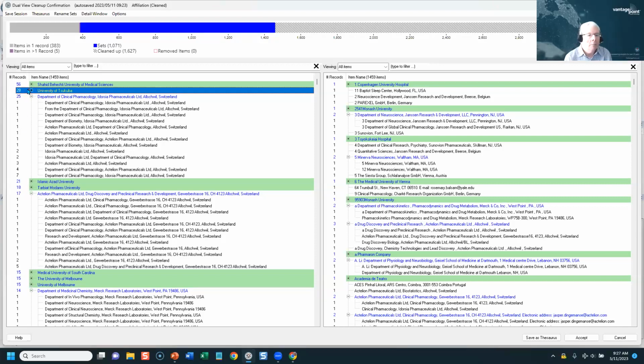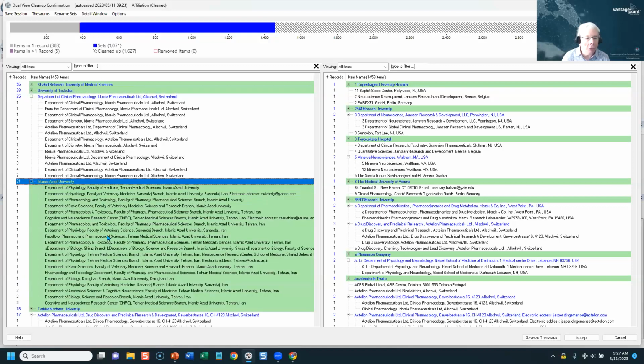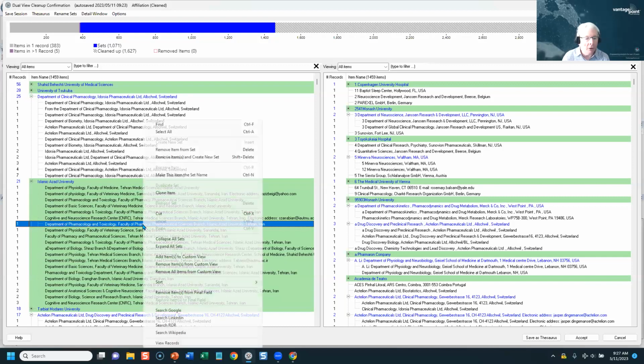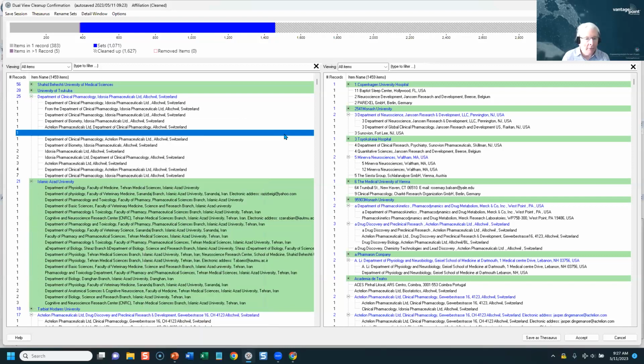Great. So, it's not foolproof. We want to qualify this. But it's very helpful. You can look through these and decide, for example, gee, this particular item, maybe not so, and you can right click and remove it from the set. So there's that flexibility that you have. But I just wanted to show you that function within